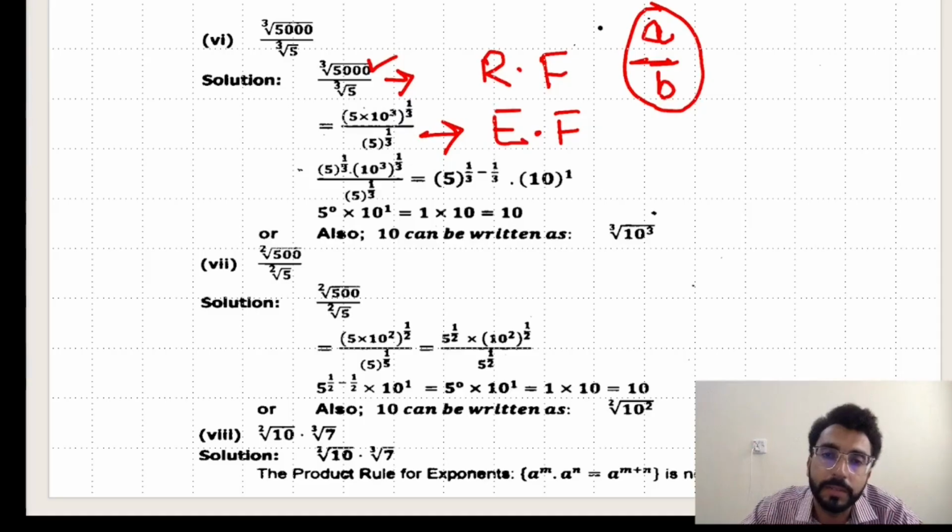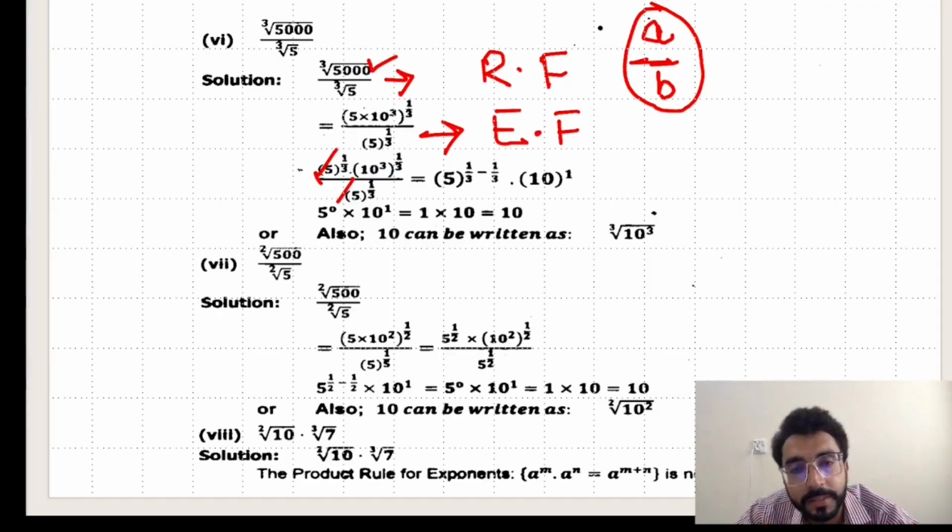First we convert the radical form into exponential form, then after solving it, we get this answer. How do we get this answer? Let's look at step number 3, the bases of 5 and 5. Here the bases are same, but one is in the numerator and the other is in the denominator. So when you move the denominator upward, the exponent sign will change. The 1/3 will become -1/3. After subtracting we'll get 5 power 0.